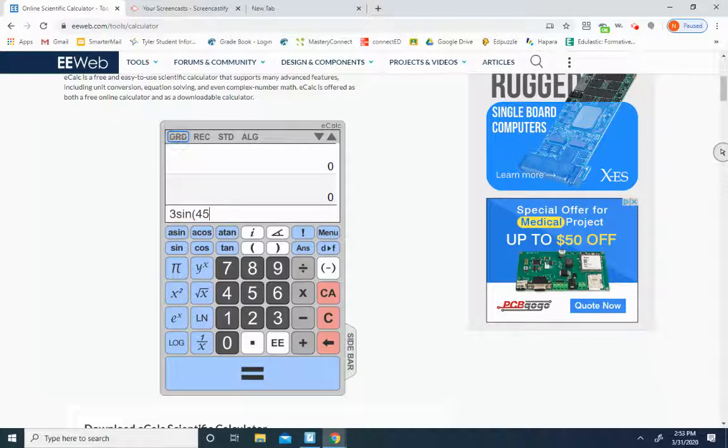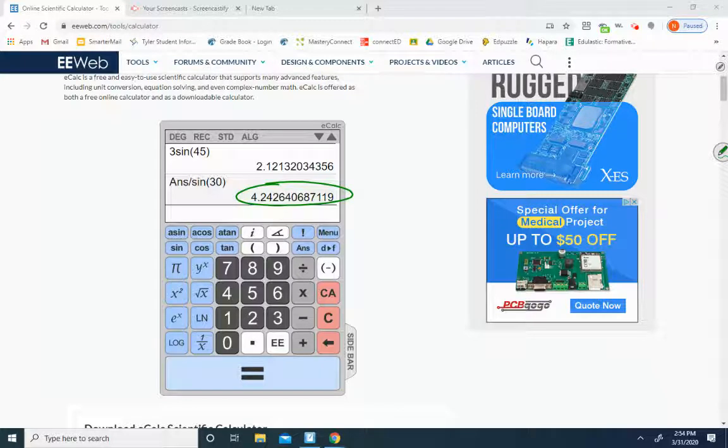Again, we are in degrees. Good. Close parentheses. Okay, and then we've got to divide by sine of 30. So divide that answer by sine of 30. Close parentheses, press enter. And that's going to give us our b,